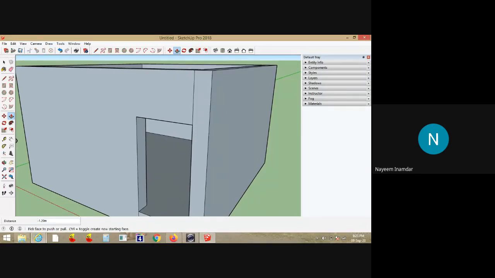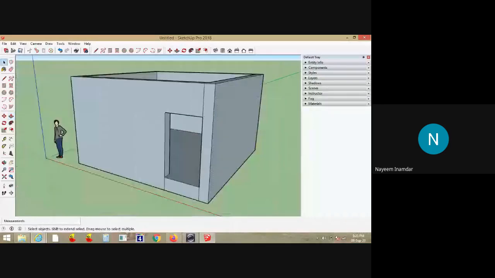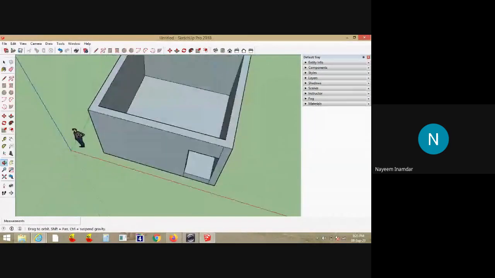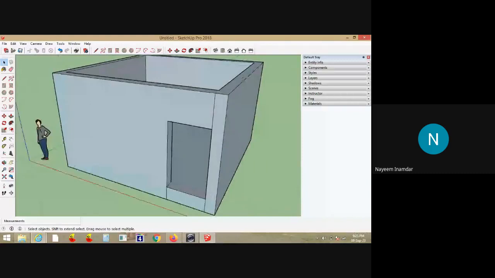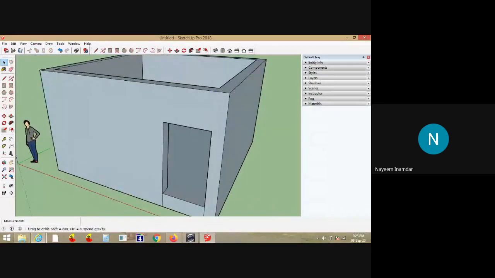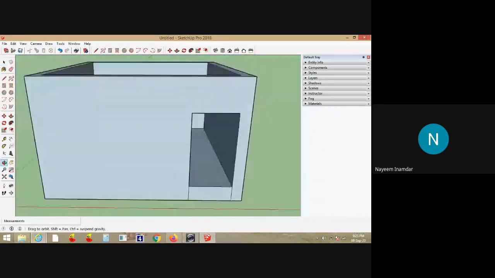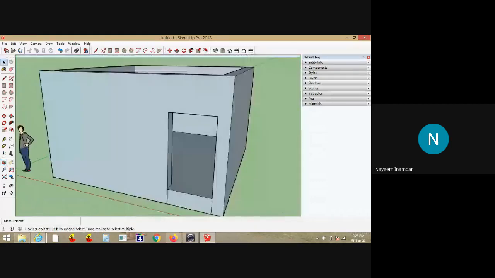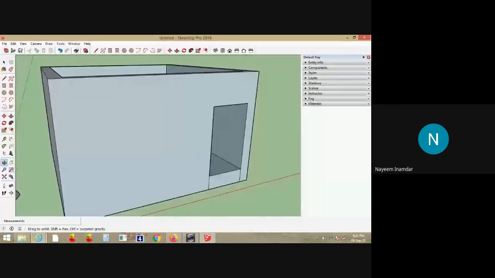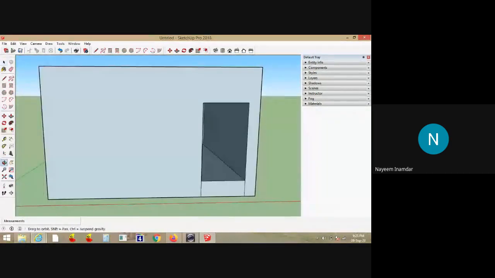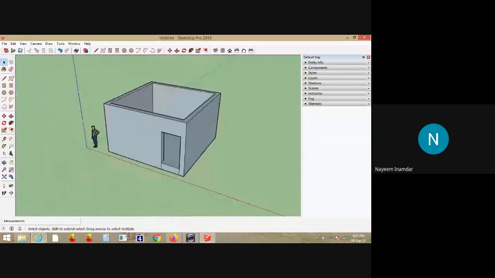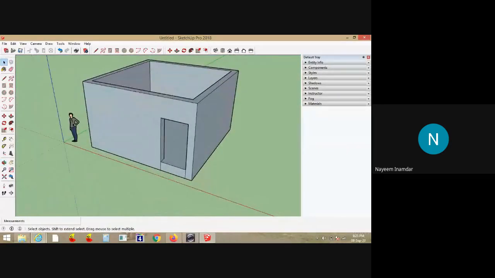Now I'll release the cursor. See here, this line I'll delete. With walls and door opening, I have done the three-dimensional object of this room.